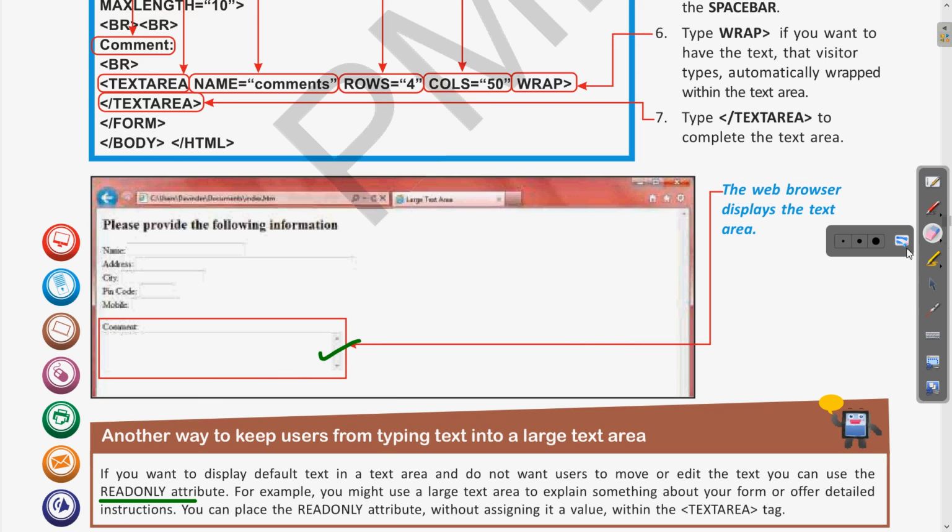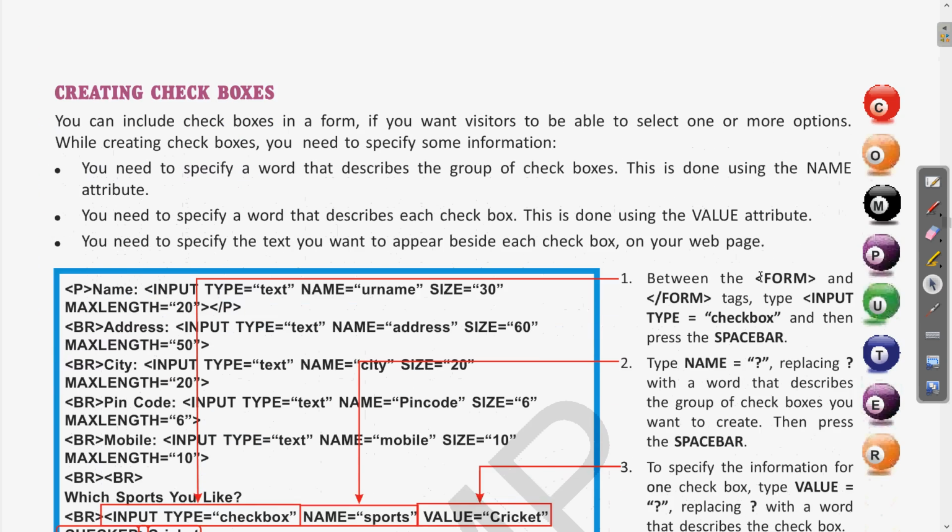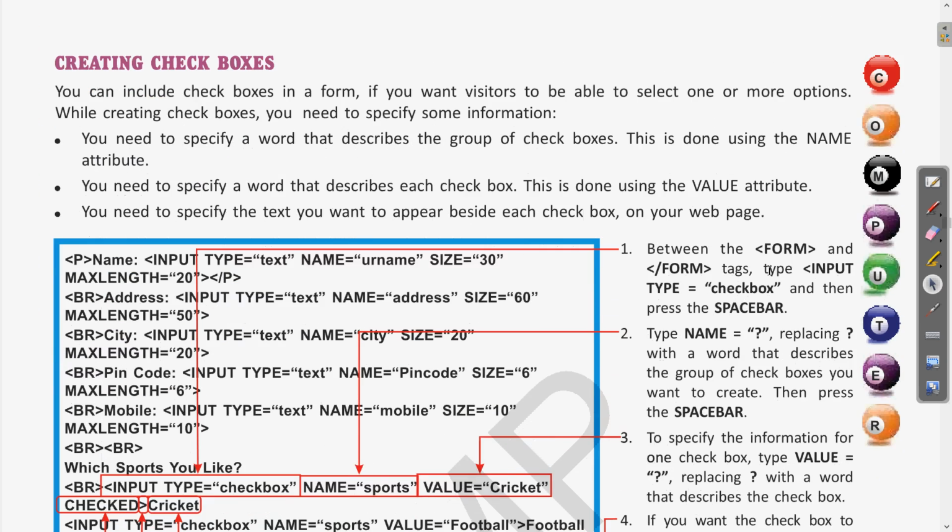Okay, now coming to the next topic, that is checkboxes. Clear? Right now the input controls which we have seen were all in the form of text, text or password, written by the users.